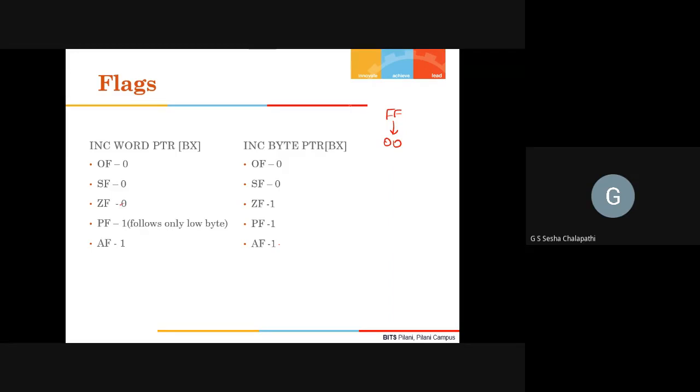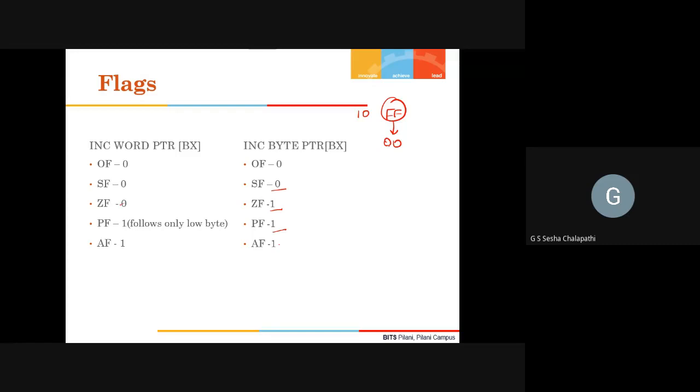I'm taking this example of 10FF becoming FF. In the case of a byte pointer, only FF will change. There's no overflow. Sign flag is 0. Zero flag is 1 because it becomes 0.